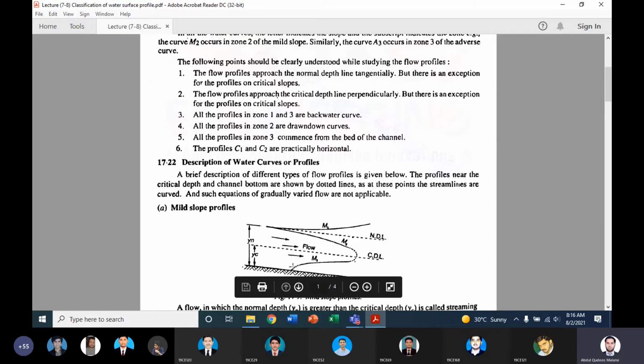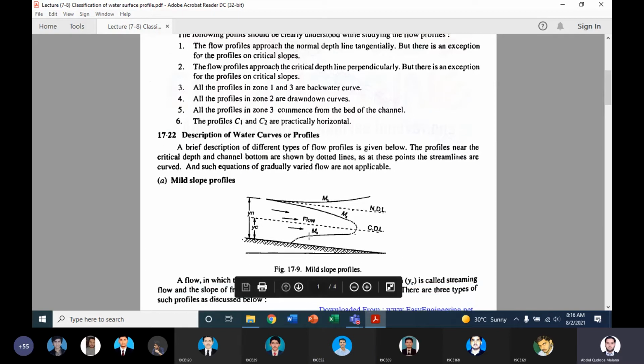कि ये जो कर्व स्टार्ट होगा थर्ड जोन में वो हमेशा चैनल के बॉटम से स्टार्ट होगा. अगर आप फर्स्ट प्रोफाइल देखें तो ये इंक्रीजिंग है इन द डायरेक्शन ऑफ द फ्लो विद सर्टेन डेप्थ, ठीक है, जो राइज हो रही है. द सेकंड कर्व आल्सो स्टार्ट फ्रॉम दैट पॉइंट, इट इज ड्रॉपिंग, बट हेयर दिस इज द ओनली टाइप ऑफ द कर्व ऑफ द प्रोफाइल which is commencing from the bed of the channel.